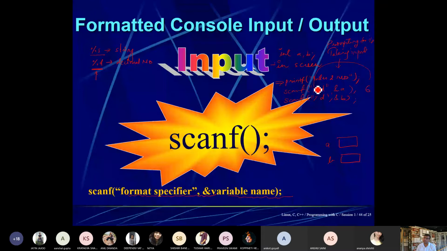Again this is a %d value, for the address of B, meaning this value will be stored at the address of B. Now you are able to understand why we use these specifiers. These are format specifiers, and the computer knows what kind of value you are going to store.